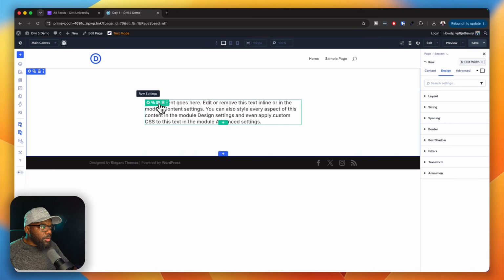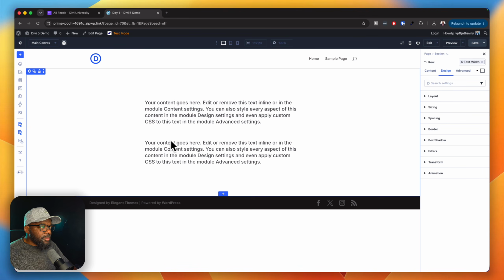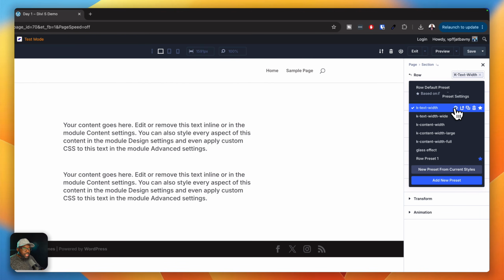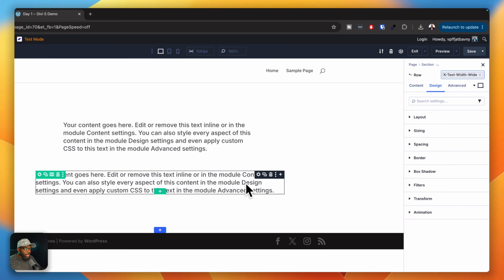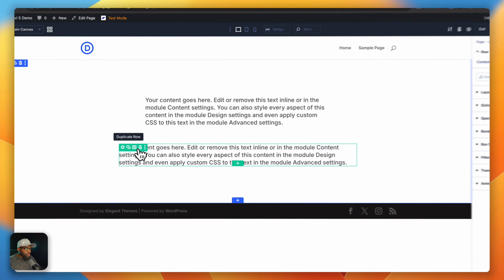readability. So if we were to duplicate this, and let's say we have another style, so this could be your normal text width, but if you want it slightly bigger, you'd go with that. So this now becomes your wider text width. So this is where your paragraph text would stay, and if you have any, say, headings, you'd add it over here. So we also have more. If I duplicate this,